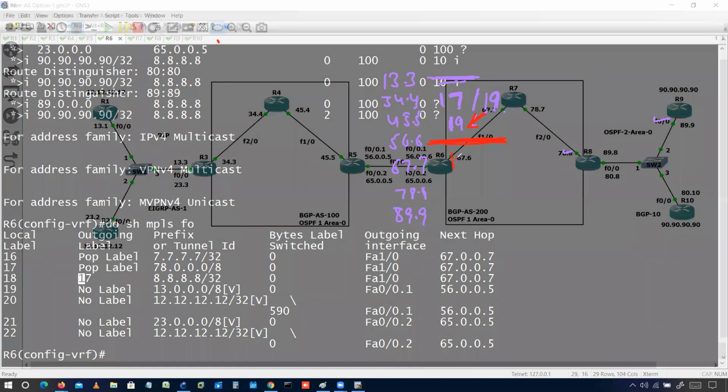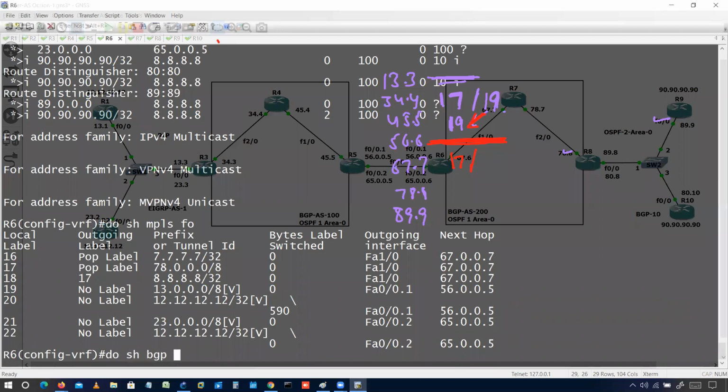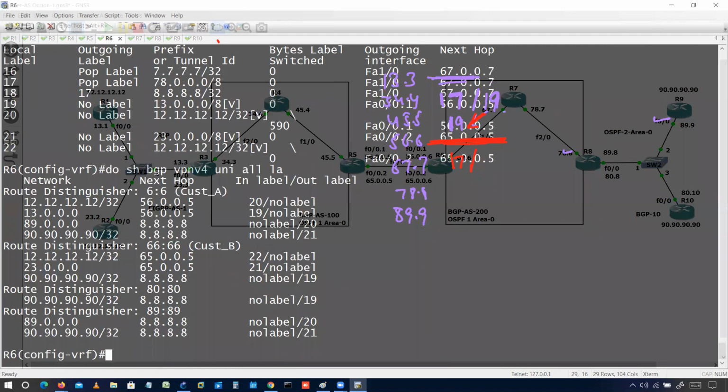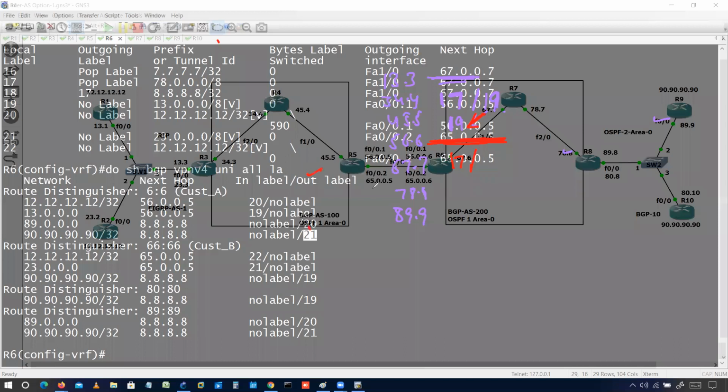Now I have to check the MP-BGP label. Do show bgp vpnv4 unicast all labels. To reach 8.8.8.8, that is customer A 90.90.90.90 route, the outgoing label is 21. So it will be 21 here.